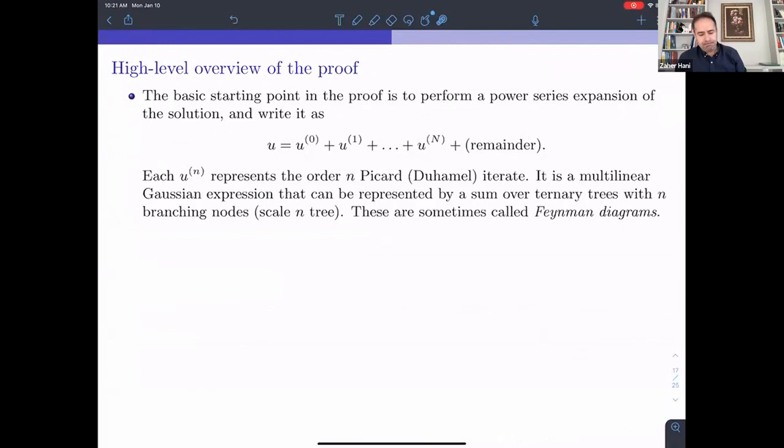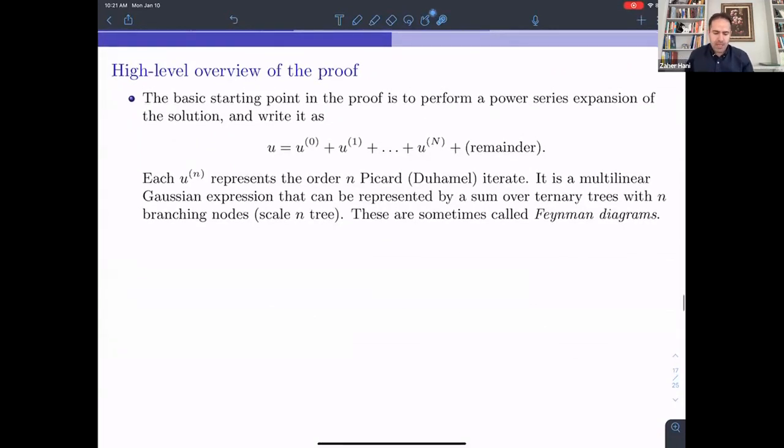Okay, excellent. So I'll give a quick high-level overview of the proof. The basic point of the proof is that we do a power series expansion of the solution of the NLS equation. These are the Picard iterates. We write u is u0 plus u1 plus ... plus un plus a remainder. At some point we stop. Each of those iterates is a multilinear Gaussian expression that is represented by ternary trees with n branching nodes. These are called Feynman diagrams. So let me draw, of course, the